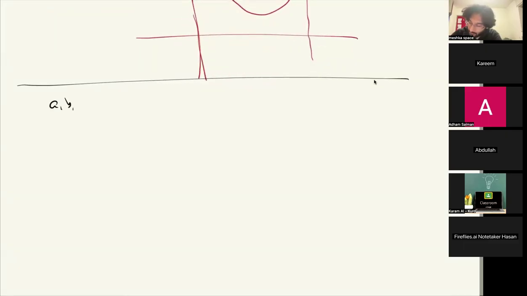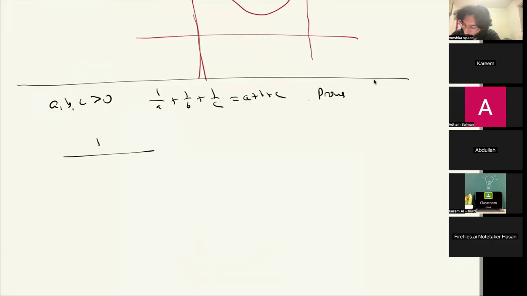you have A, B, C are positive, and I have the constraint 1 over A plus 1 over B plus 1 over C is equal to A plus B plus C. So it's an inhomogeneous inequality. I give you a constraint. Prove that 1 over 2A plus B plus C squared plus 1 over